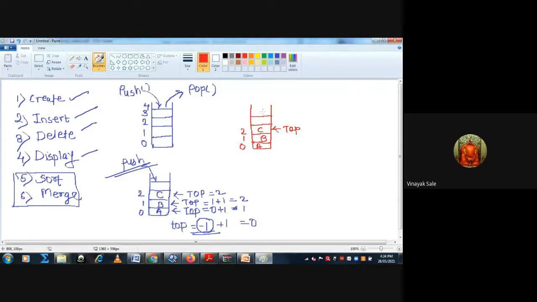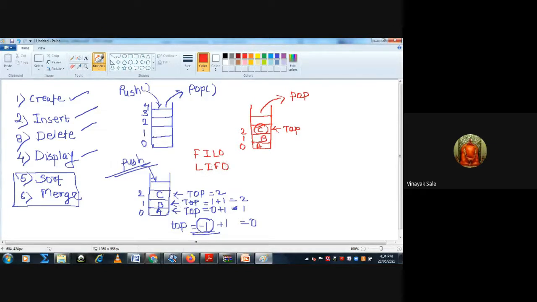Then you want to pop the elements, that is delete elements. So first delete C, that is pop. Stack is first in last out, or last in first out, the meaning is the same.